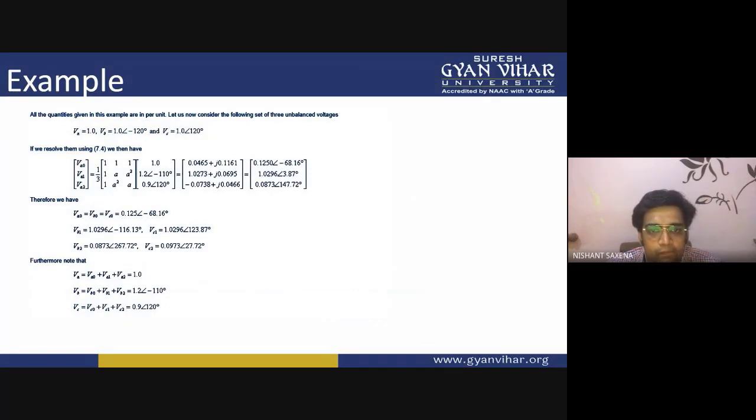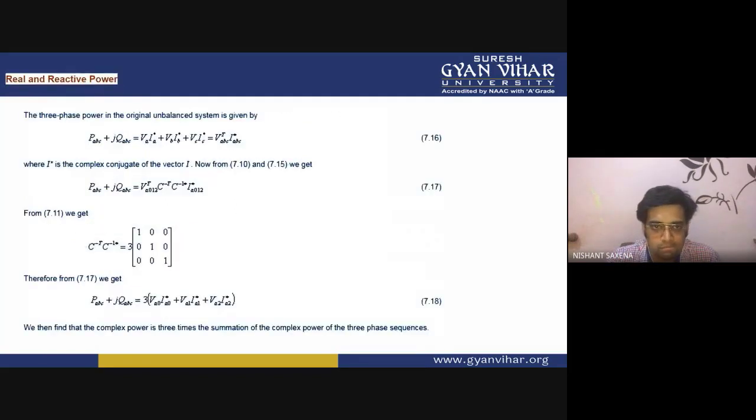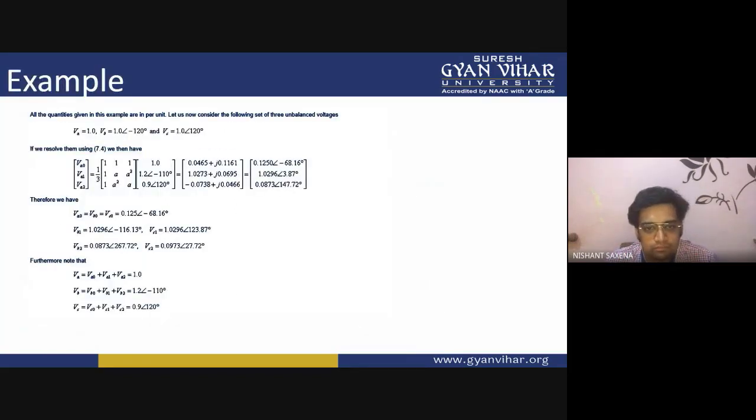Now, what does it imply? This implies that VB is equal to alpha square VA and VC is equal to alpha VA. I have substituted the values: VA is 1, so VB is alpha square VA, and VC is alpha VA. So if I write these equations, and from equation 7.7 which we have discussed,